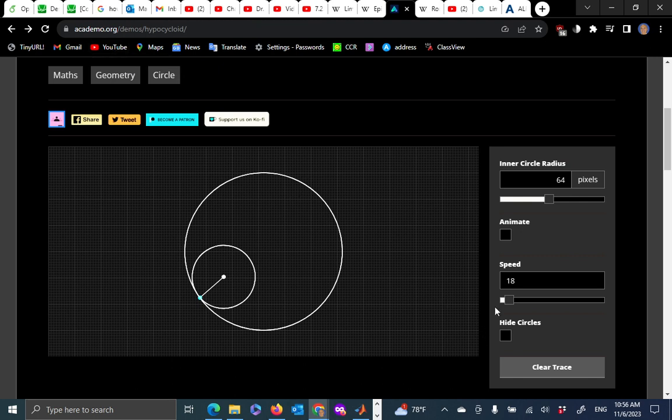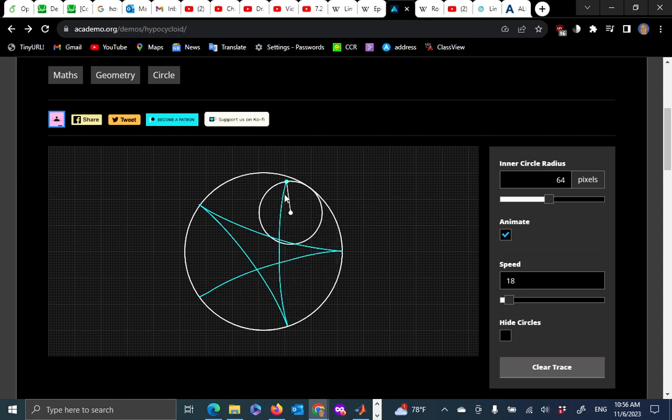Here is, let me see, where do we play with this thing? Animate. So this is one circle rolling inside another circle. This is in the spirit of that game they call the Spirograph. If you play with this thing, you are going to be putting your pencil in that hole, the one that we are tracking here, and make the inner circle roll inside the outer circle. And doing that, you're going to get interesting pictures